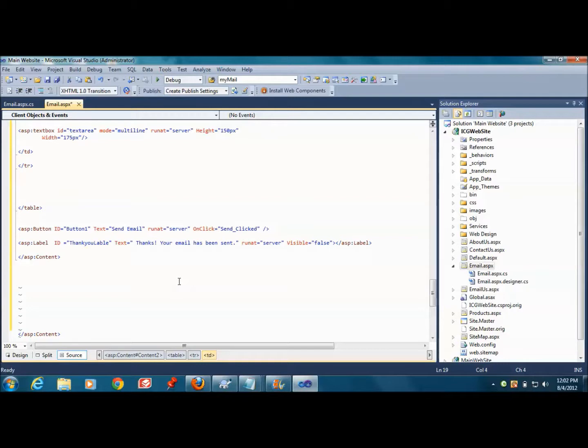Now I put a button here because when they finish filling out the form and click on that button, that's when the email is supposed to get sent. So on click of the button, I set a function called send click, and this function is an event handler. It handles the